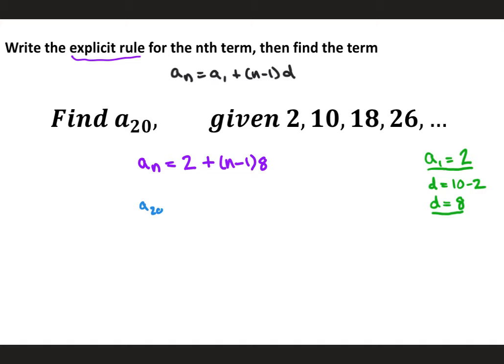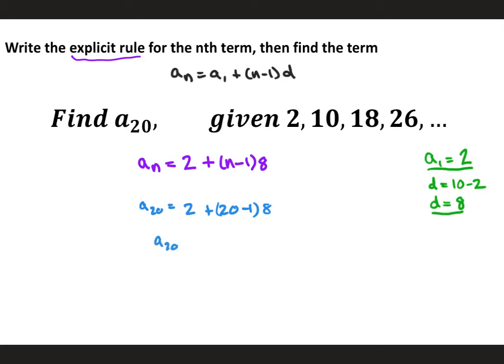So you're going to go set a20. So that means our n is now 20. So we'll go 2 plus 20 minus 1 in parentheses times 8. And so this is a point when you would use a calculator. If you don't have a calculator, you can use Desmos, and you calculate it out, and you get